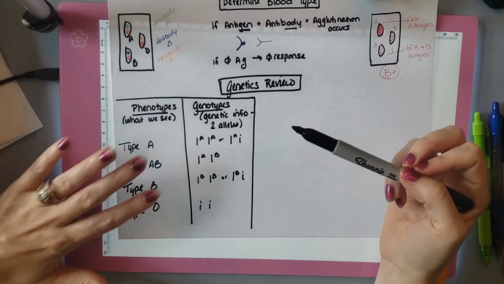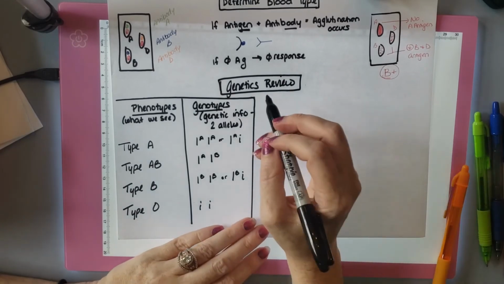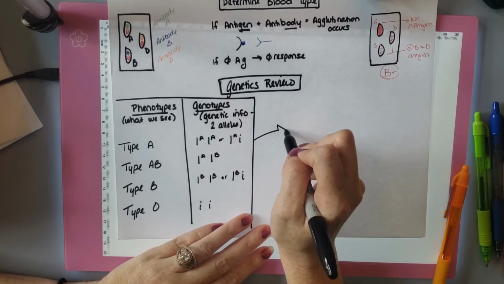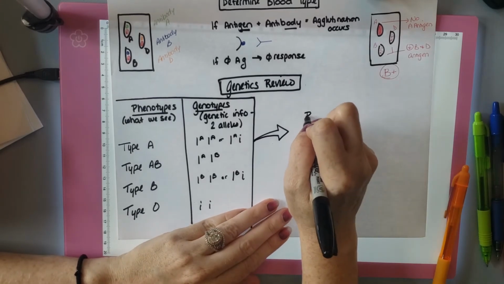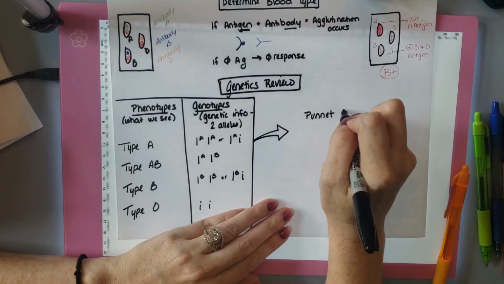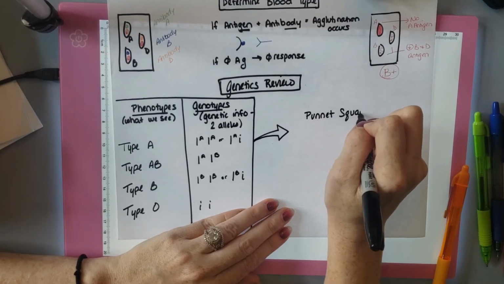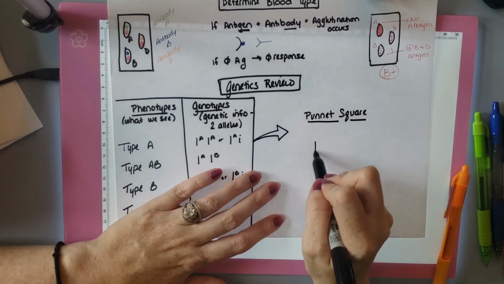All right? The reason why I want you to know this stuff is because you need to put it into a Punnett square. Ever heard of that before? Some of you guys are probably shaking your heads like, yeah, I do. Some of you guys are completely clueless because you haven't had it yet. You will. All right, so Punnett square